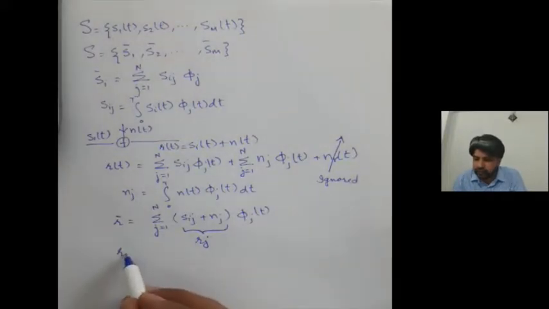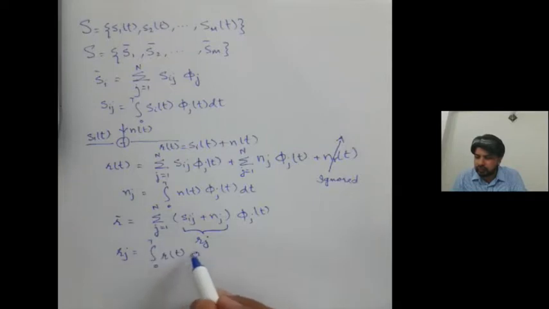So this rj would be integral from 0 to capital T of your received signal r of t phi j of t dt,